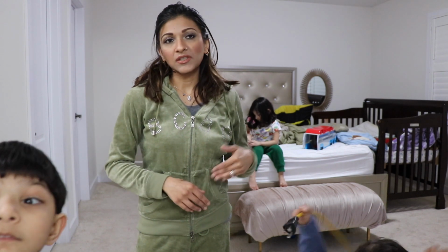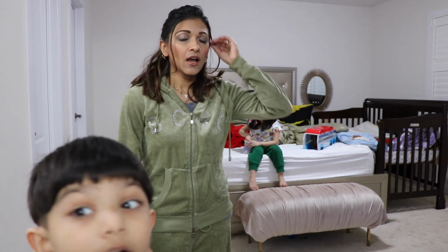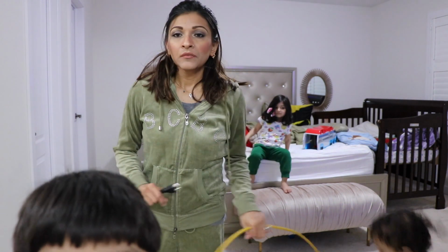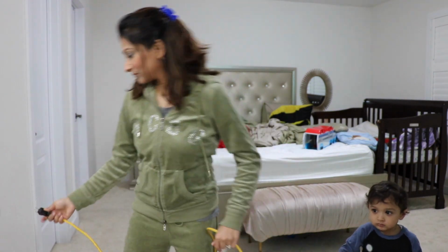The kids eat upstairs. The downstairs is already clean. I'll probably do the Clean With Me downstairs as well. So this is a quick one. We're not going to clean out the dust or anything. We're just going to vacuum all the rooms upstairs, and yeah, that's about it. So let's